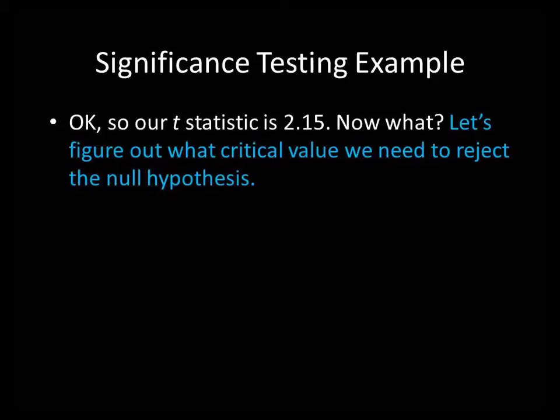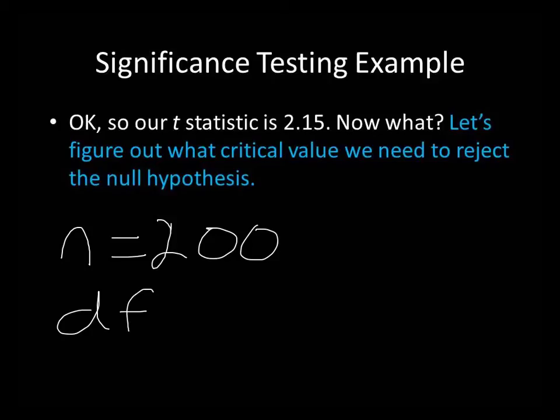Okay, so let's imagine that in our sample, both the manager and non-manager groups had 100 people in them. We had 100 managers and 100 non-managers. And so our total sample, represented by the letter N, was 200. Okay, so we had 200 people. And for the t-test, degrees of freedom is simply the sample size minus 2. So we have 198 degrees of freedom. And this is something that we can use in our chart to then look at.